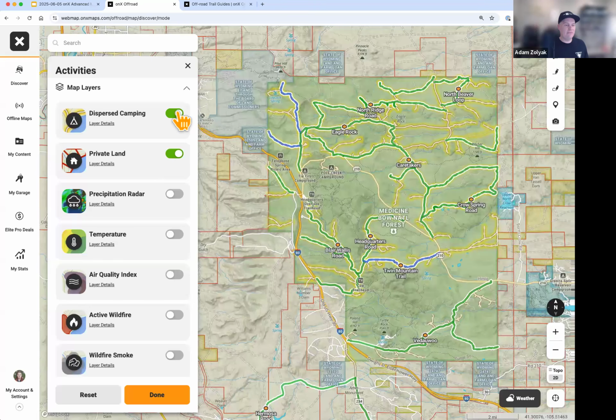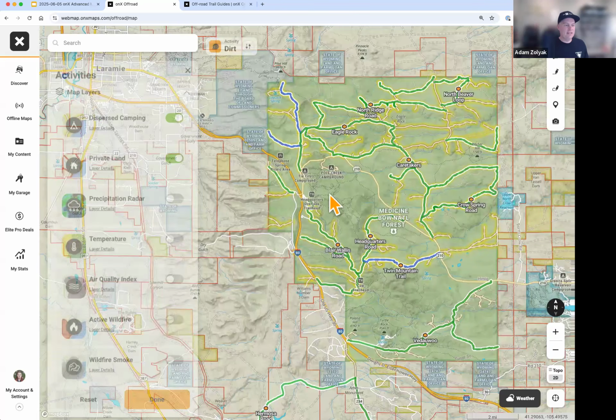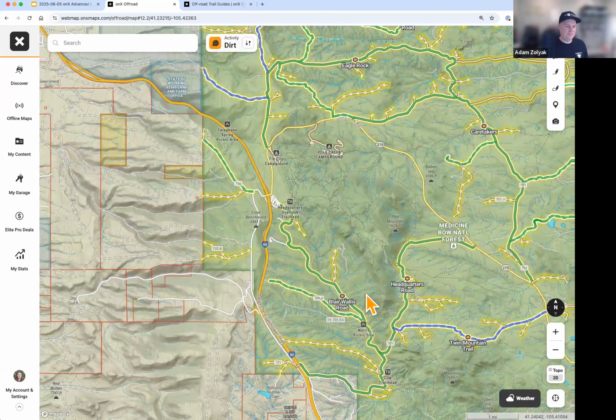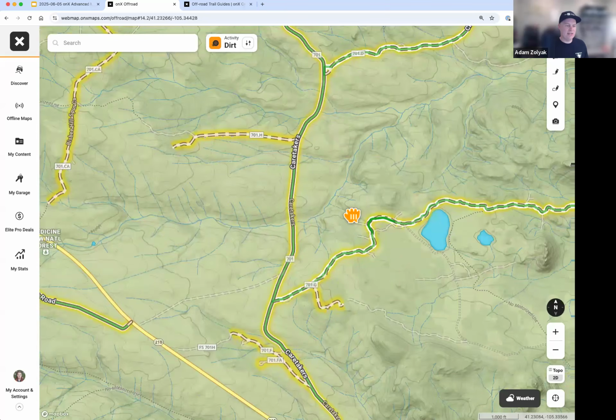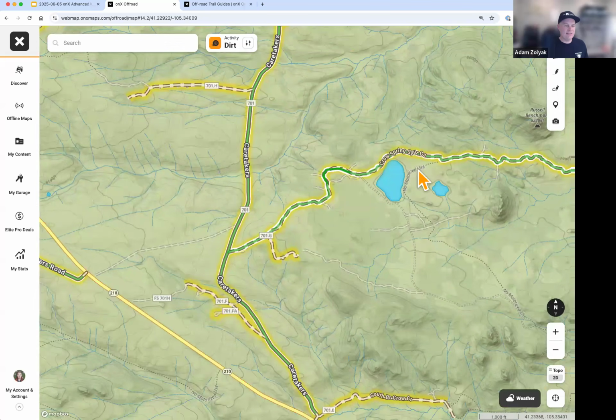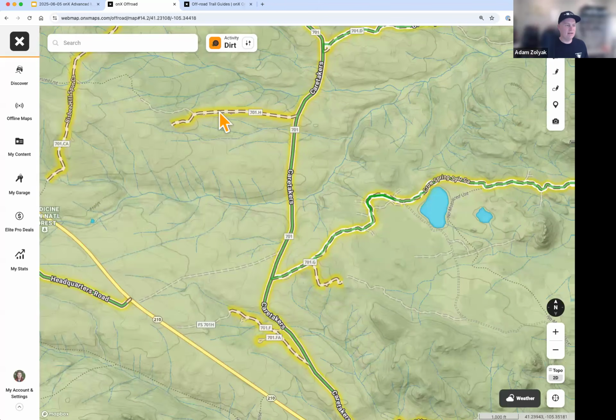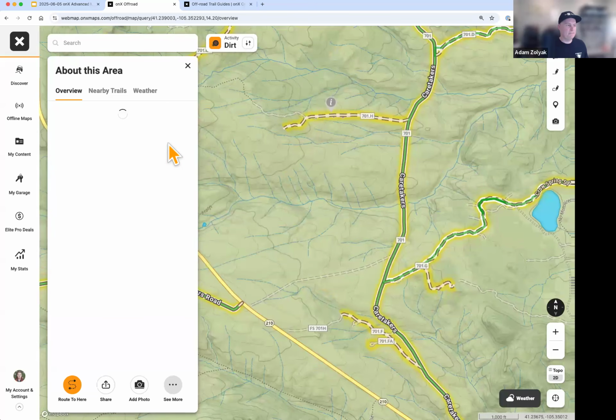So I'll flash it once more. You can see it come on. So all of these roads over here are roads you're allowed to disperse camp on. And it's super cool, right? Because you can just come in here, right? You can look at this road and say, this road's good, this road's good, this road's good. And if you actually click on a road,